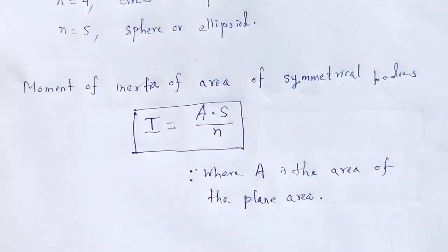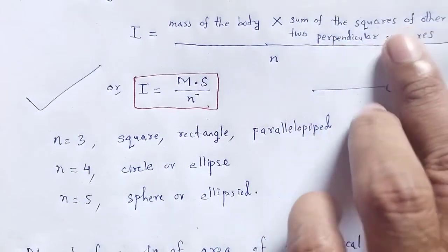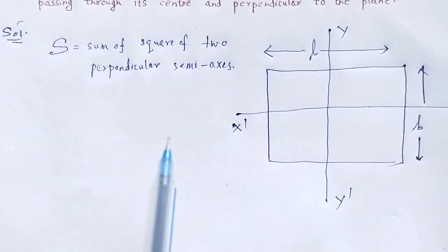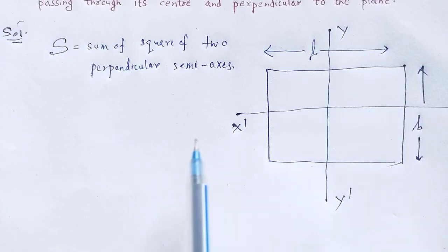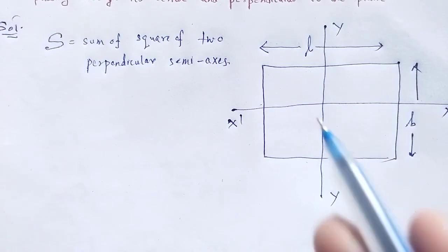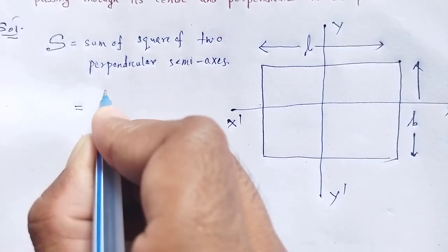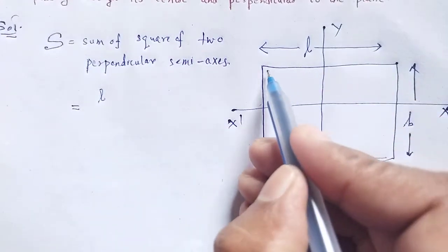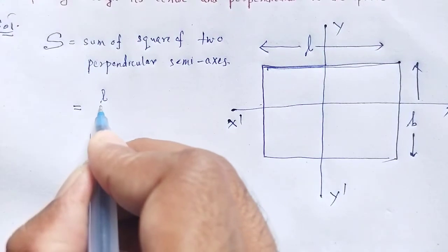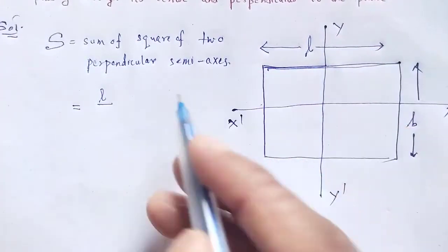As we discussed for Routh's formula, S is the sum of squares of the two perpendicular semi-axes. Here S is the sum of squares of two perpendicular semi-axes to that of the z plane. Here the length is L. This portion will be L by 2,